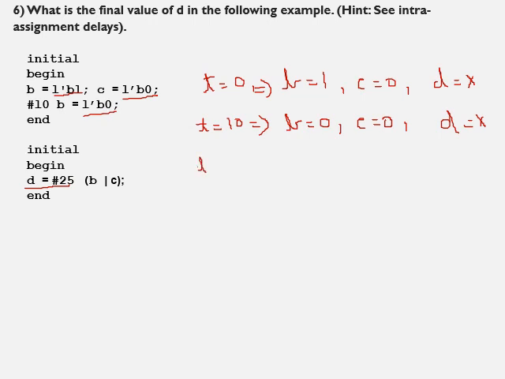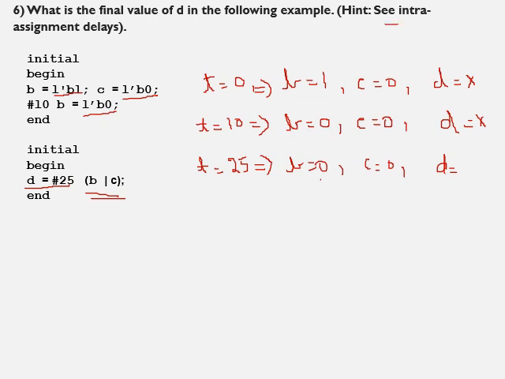Now the next time that an assignment happens is at time t equal to 25. B will be 0, we are not changing the value of B. C also will be 0. Now D is nothing but B or C. So at 25 time units, B is 0, C is 0, so D should be equal to 0, since B or C is 0. But this is not the case. Courtesy of the